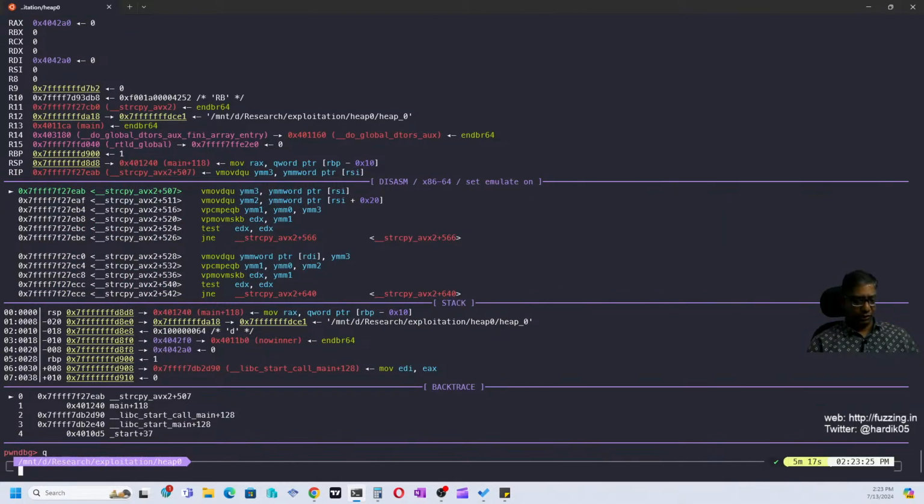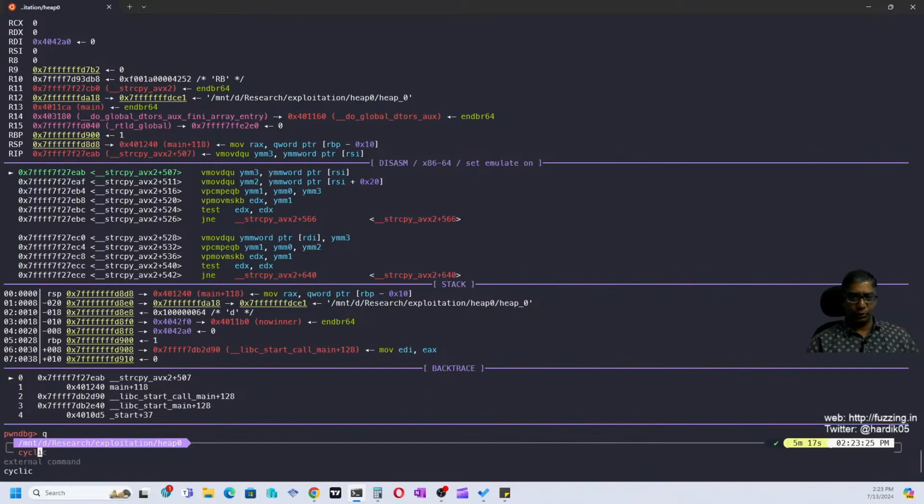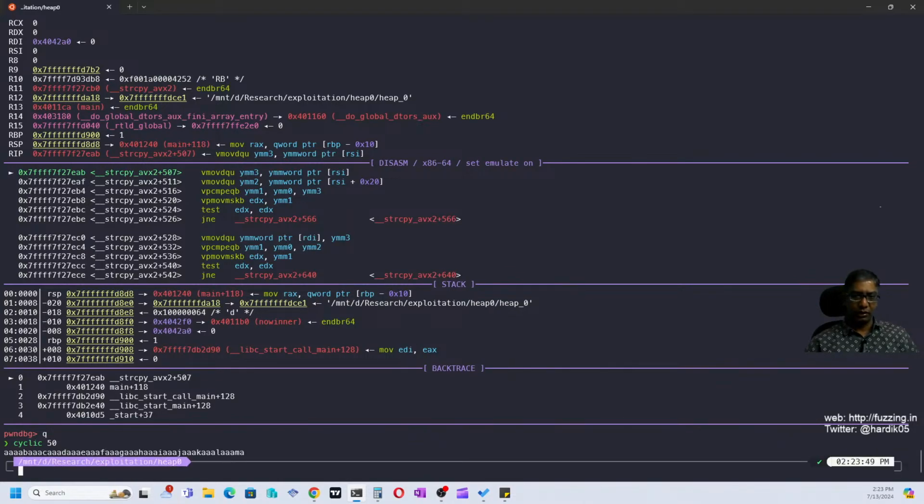Let me quit. What we are going to do now is give some argument to our binary, and we need to figure out what the length is. We can use the pwntools cyclic tool, which will generate a random pattern that we can use. So let's generate a random pattern of, say, 50 bytes. Yeah, that is fine. We will copy this pattern now,